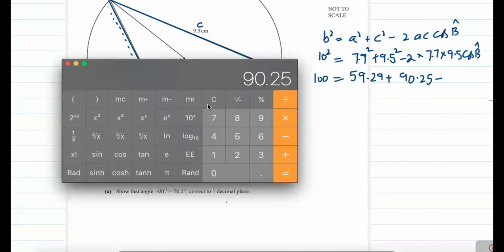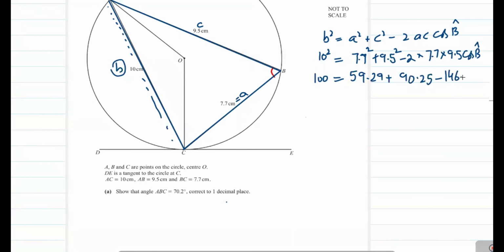And multiply 7.7 multiply 9.5, that's equal to 146.3 cos B. Now we shift the cos B from right side to left side. We get 146.3 cos B will be equal to 59.29 plus 90.25, and 100 will be shifted from left to right side, minus 100, and we get cos B will be equal to